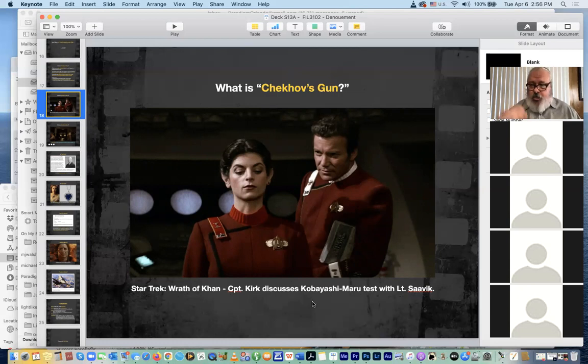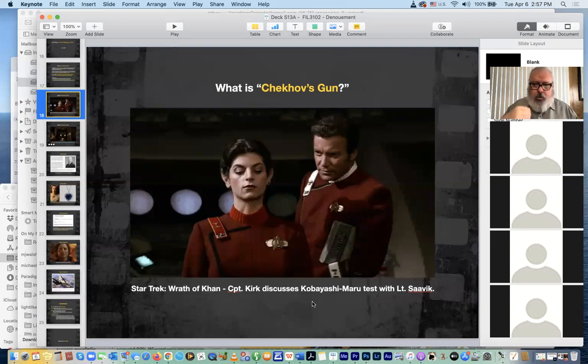In the beginning of the movie, there's a switching over of, I think she was science officer, and so Captain Kirk meets Lieutenant Savick at Starfleet, and he comments on her successful grades on a test given to all cadets before they graduate called Kobayashi Maru, where they are faced with a no-win situation, and the way you respond to the situation, how you handle it, allegedly helps define your character as an officer, right?